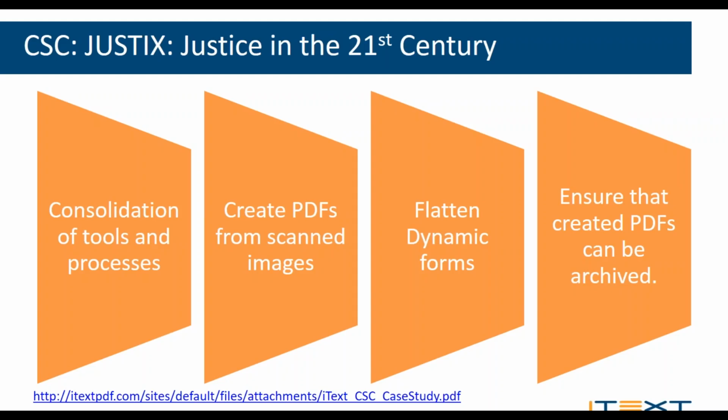So the way that they did that was to put the information into a form, and once they had the information in the form, they wanted to make that form no longer changeable. They wanted to make it static, and that process is called flattening. The other thing that they wanted to do with these documents is to make sure that they were useful down